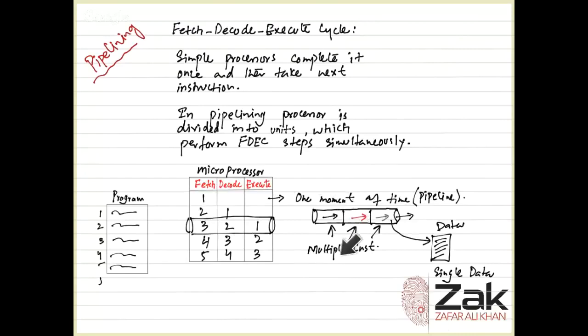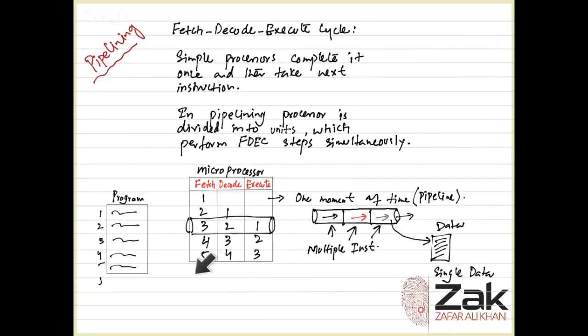Some computers have multiple pipelines. Is that understood? Now, pay attention to the fact that we have got 1, 2, 3, 4 instructions. The first instruction is being fetched. At the next moment of time it is being decoded. While it is being decoded, the second one is being fetched, and then the first one is being executed. And so on. When instruction number 4 is executed, it would have 5 being decoded,